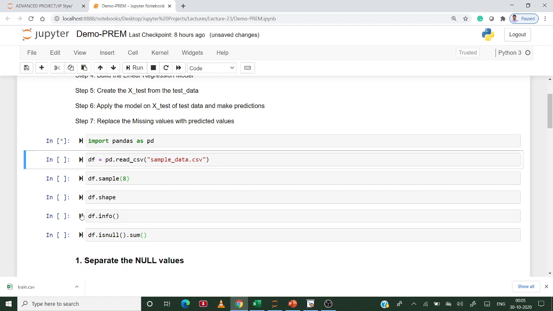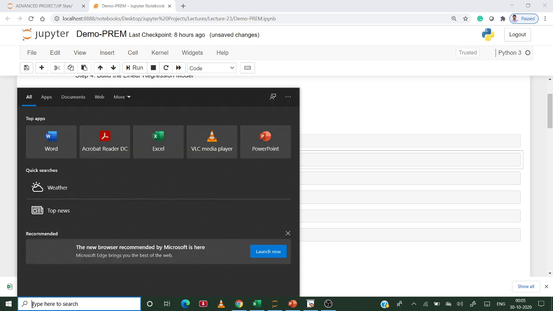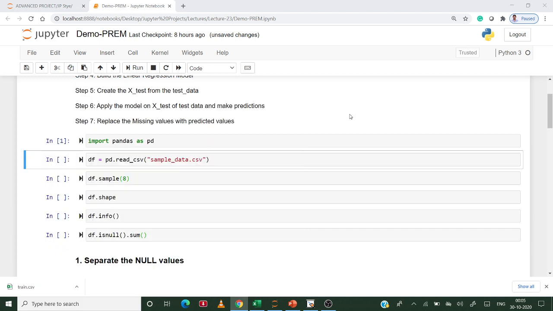So first I'm importing the required libraries. So next I'm considering the simple data set.